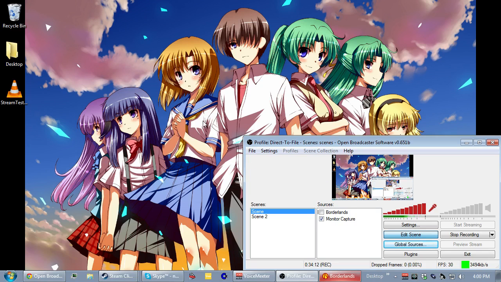The best part about game capture, I've found, as opposed to just trying to window capture, is that by doing game capture, you also don't get any of the superfluous overlays that might be occurring, especially when it comes to, say, Steam. Like, if you're playing a game on Steam, then